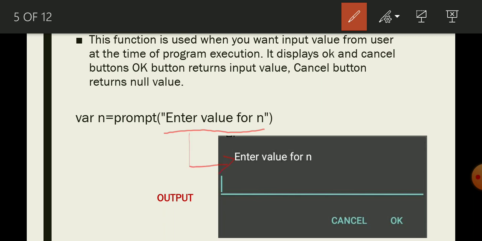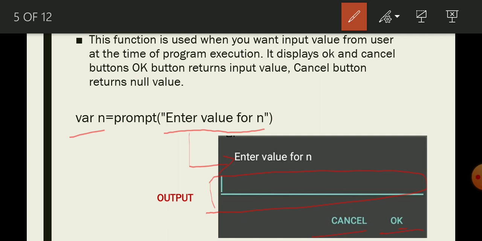And in this pop-up box, the user will get one input box to write a value. After writing the value, if the user presses the OK button, then that value will be stored in the n variable.